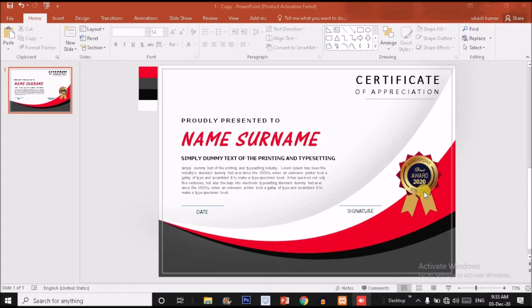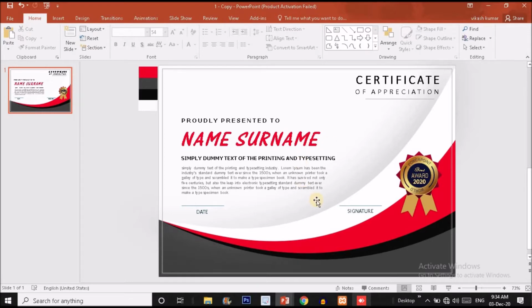Here you can also find this logo. Here you can also see this logo guys. I have created a separate video tutorial on how to create this type of logo in PowerPoint. So please go through that so that you can have an idea to create this logo very easily. I will put the link of that video in the description, so please check it out. After this you will watch this video.